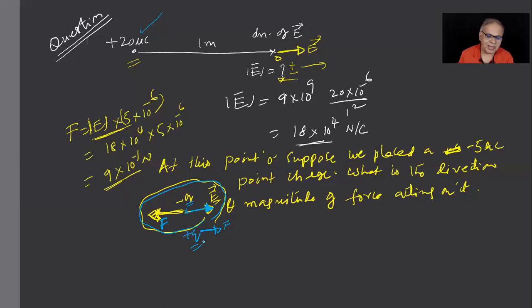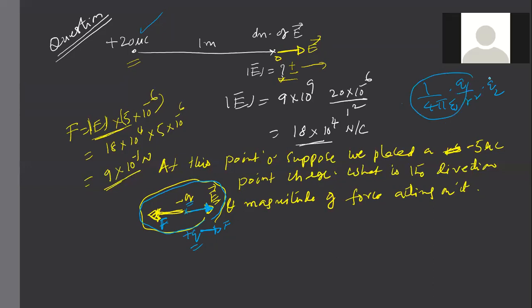Bharat, I never wanted to do from 1/4 based on Q1, Q2 basket. It will come this way only. Why? The way we wrote E was like this only. 1/4 based on Q1 by R square into Q2 means this is a field strength into Q2. So the new thing you learned is this field strength. Don't ignore it. Okay, sir. All right. I'll just go to the next page, children.